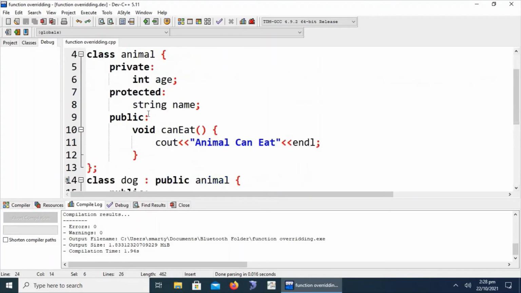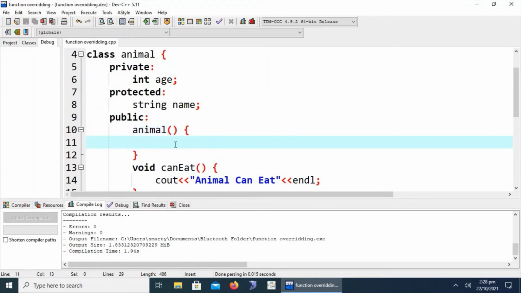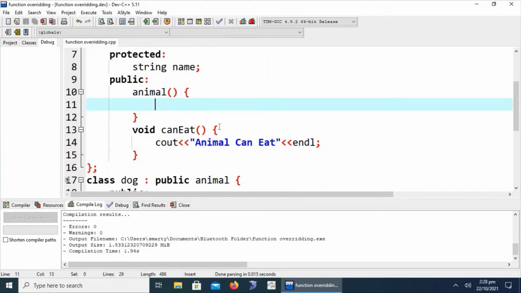Now we are going to discuss constructors. We write here constructor. In the previous session we have already discussed constructors, their types and methodologies, and how constructors are called, but now we are discussing how to call the constructor of the base class from the child class.